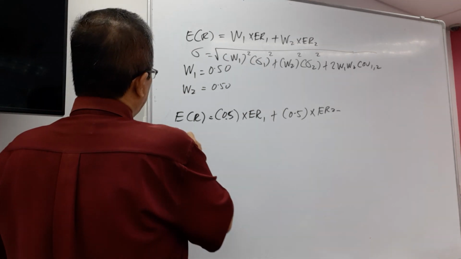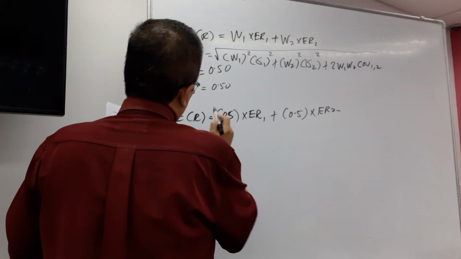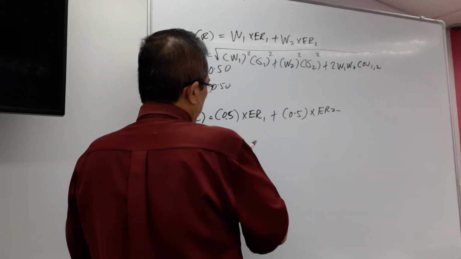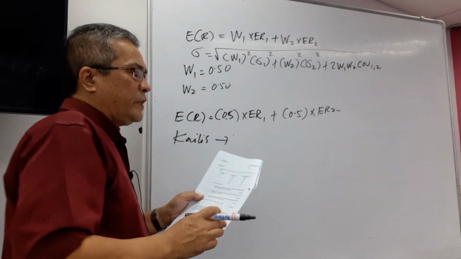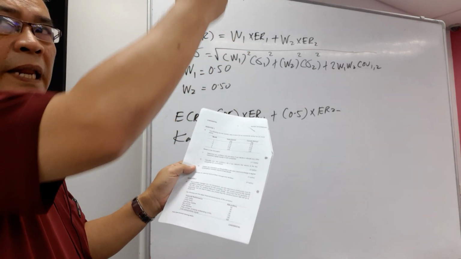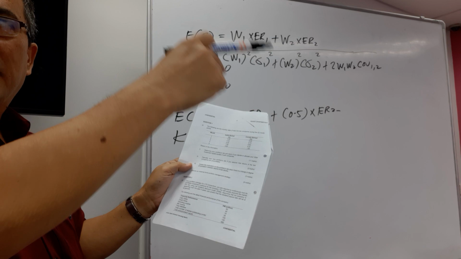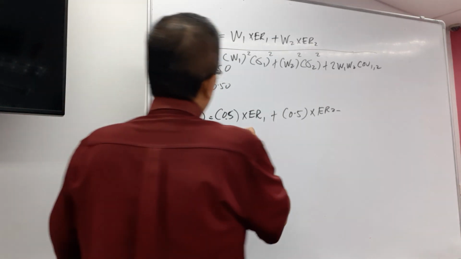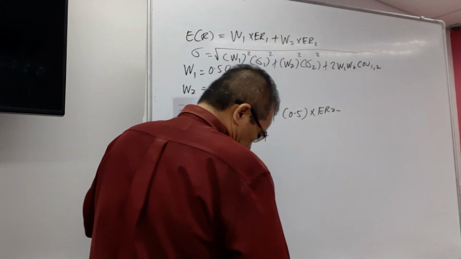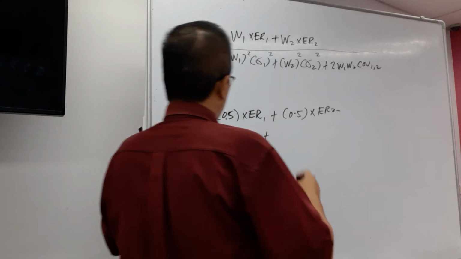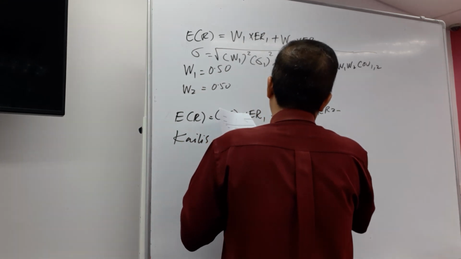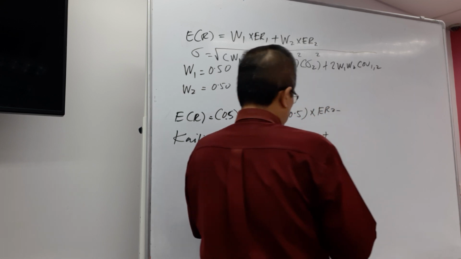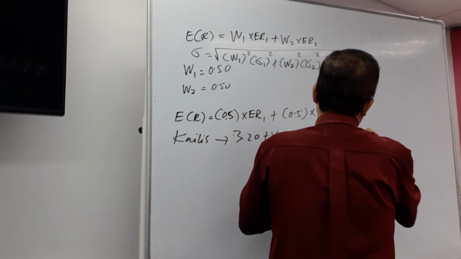If there is no probability distribution, it should be average return or mean. So for Kailis, you have to calculate the average return. How do you calculate the average return for Kailis? By adding up all these figures, you divide it by 5. Okay, so 3.20 plus 4.20 plus 5.00 plus 7.60 plus